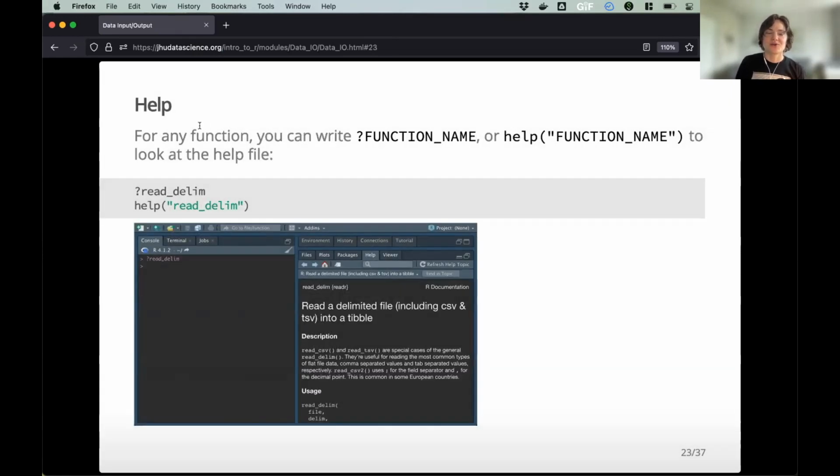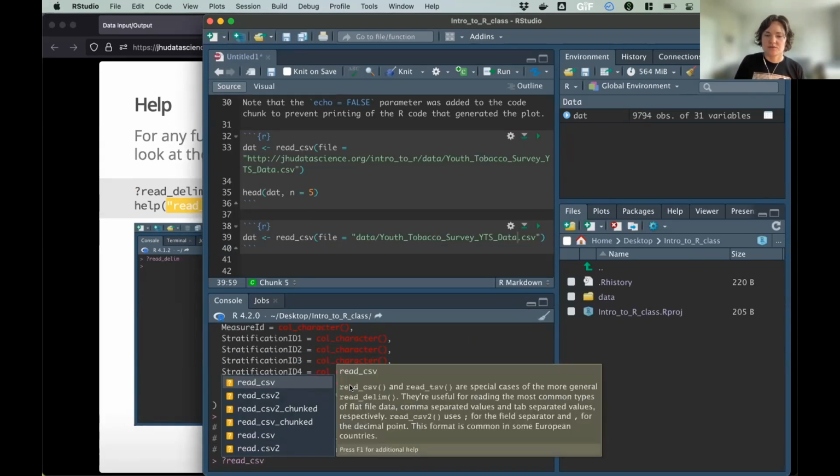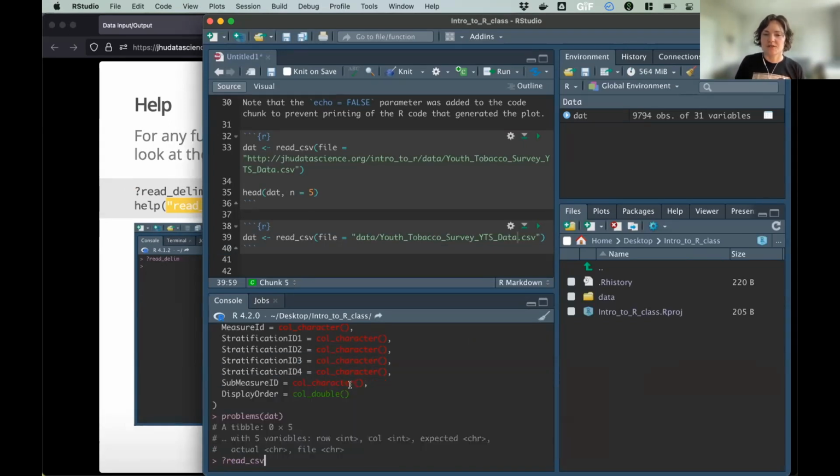All right, so like I said, we're throwing a lot of functions at you, and it may be helpful to ask, what does this function do? and get a little bit of a reminder. You can use the question mark and then the function name, or help and then the function name in quotations. You can use either of these to get a little bit more information. So if I ask, what does read CSV do? I type the question mark first,